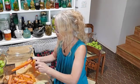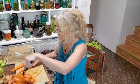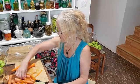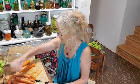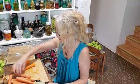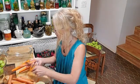So what we're making today is what I call a carrots au gratin. It's going to be like a little carrot casserole, and normally you would use cheese, but I'm not going to. So we're going to do that, and a shrub. I don't know if you guys are familiar with shrubs, but